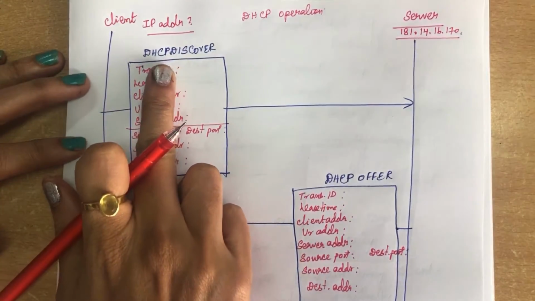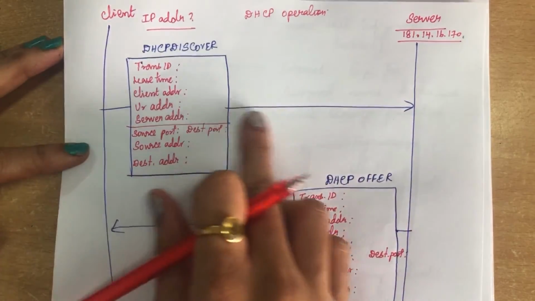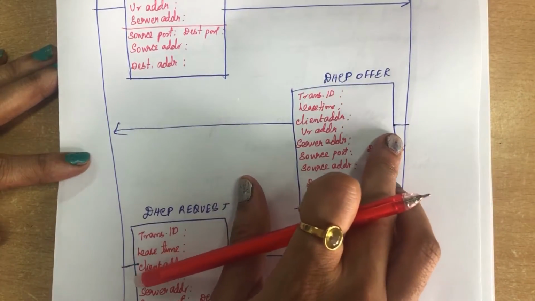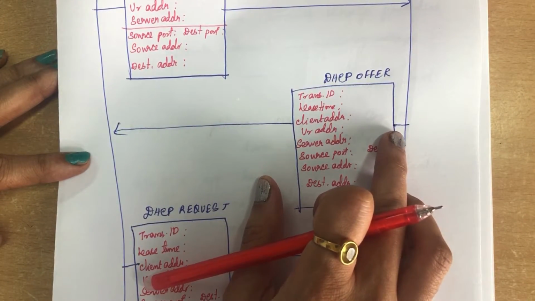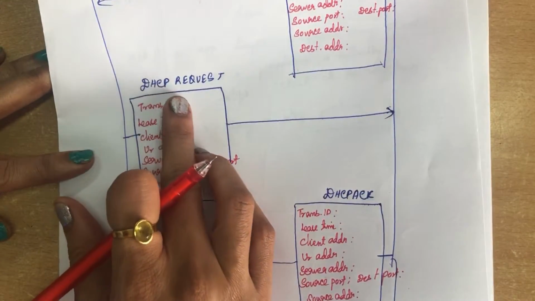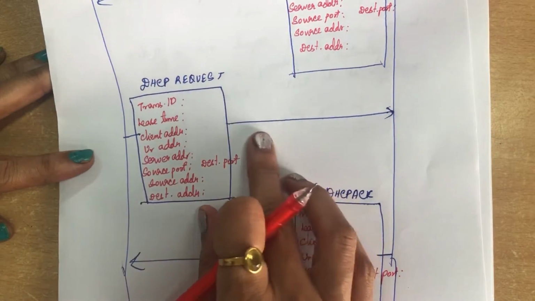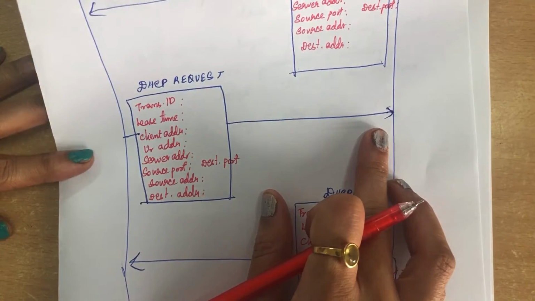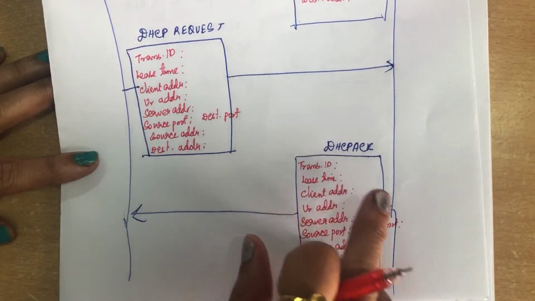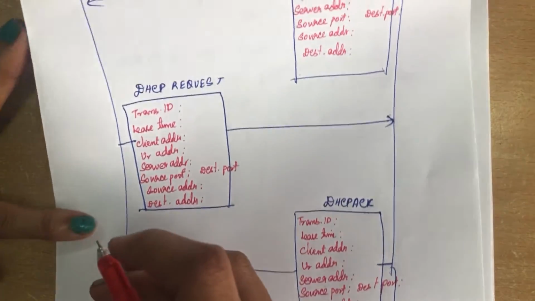First the client will send a DHCP discover message to all the nearby servers. It will send a broadcast message to all the nearby servers asking for an IP address. Any server which is interested in giving an IP address will send a DHCP offer message to the client. Now the client will get many offers. Among the offers, it will select the best one and send the DHCP request to the specified server. Now the DHCP server will send an acknowledgement message if it wants to give the IP address to the client. Then the IP address can be used by the client for the specified time.